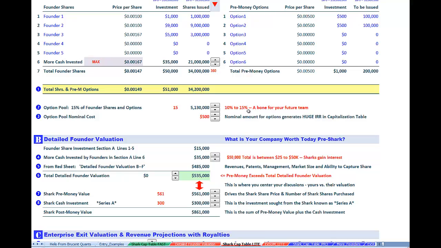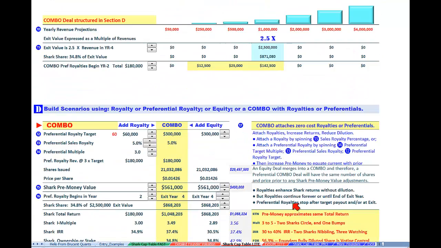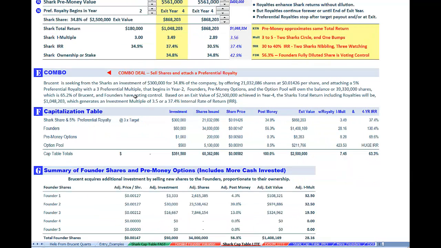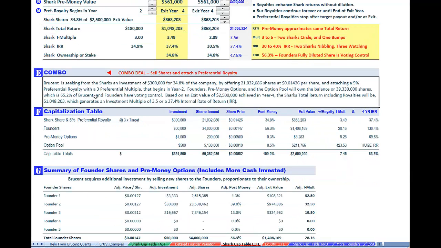Show help. And you'll see there's a lot of interesting things going on, and especially right here. This tells you how to do it. Another thing is that we take all these numbers and we concatenate them into a nice paragraph which can be cut and pasted into Microsoft Word. You can further edit it or embellish it,